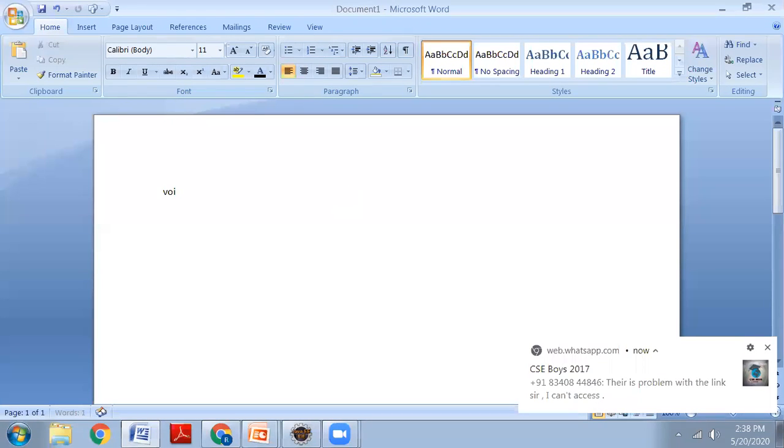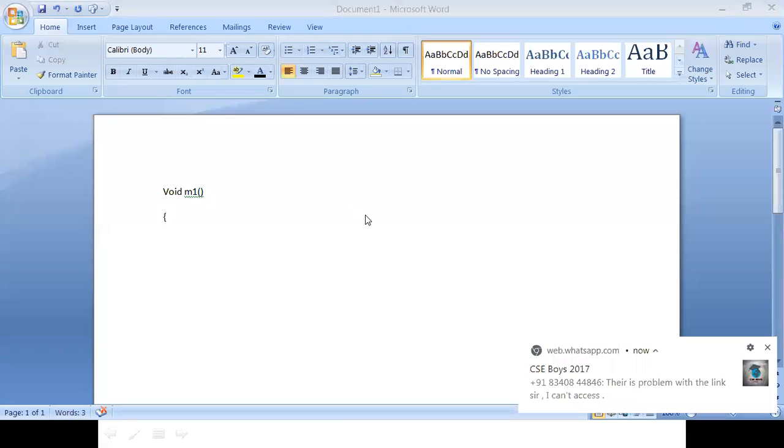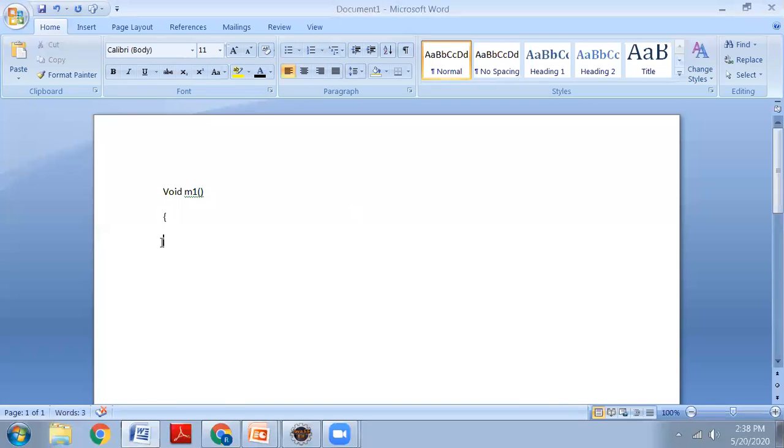When we have a method like this, void m1, internally m1 is calling another method called m2. Similarly, while I am defining m2,